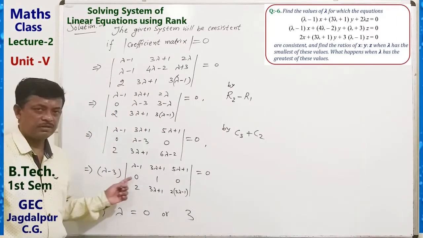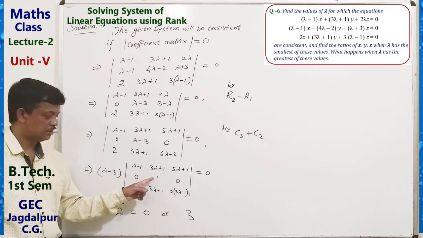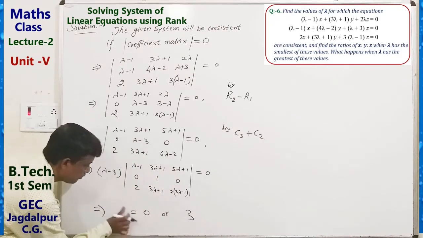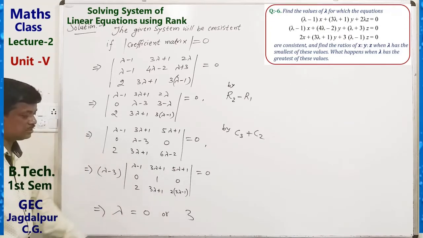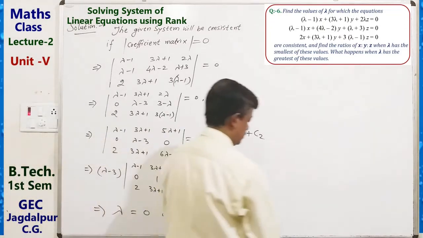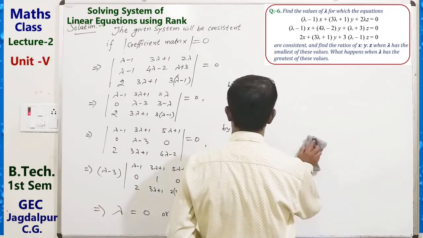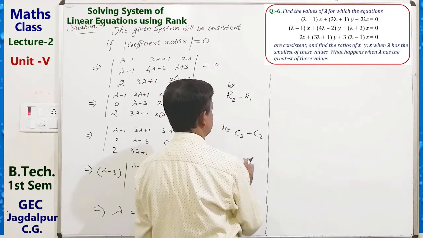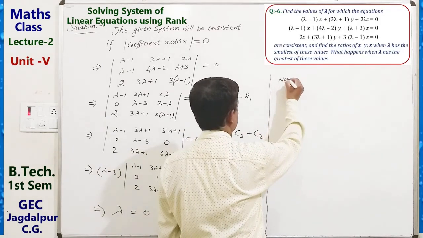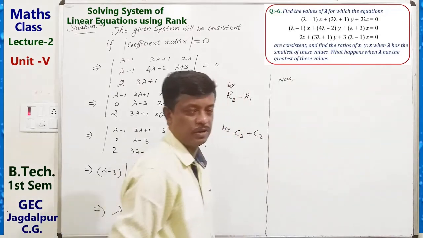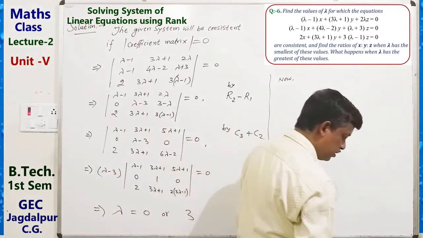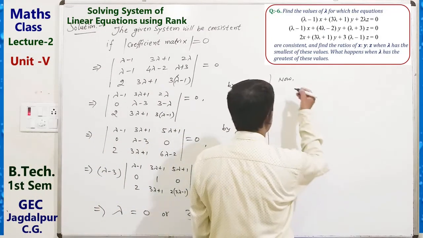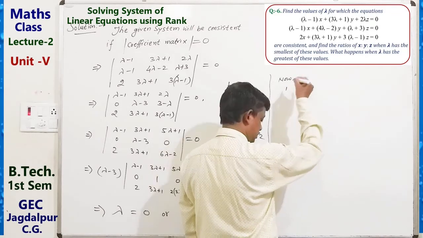Lambda minus 3. Now expand this determinant along this. So this into this minus this into this. So lambda equals 0 or 3. Now smallest value of this is 0. Now for lambda equals 0, first